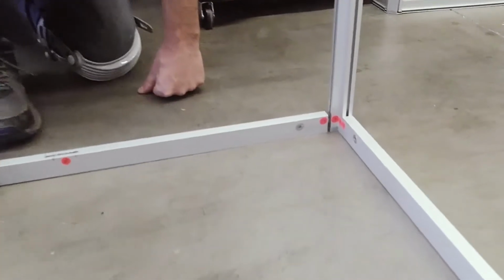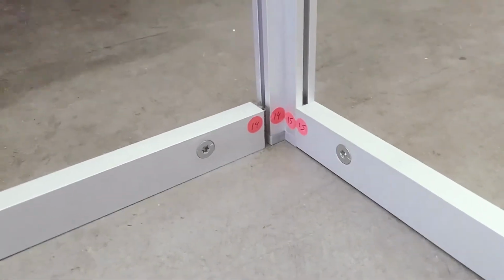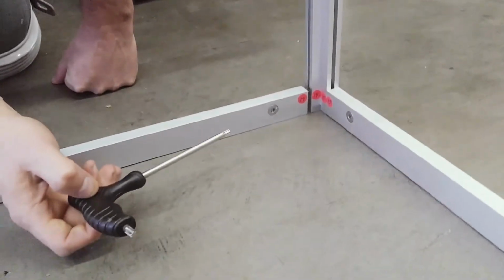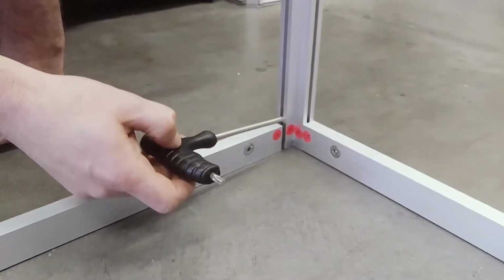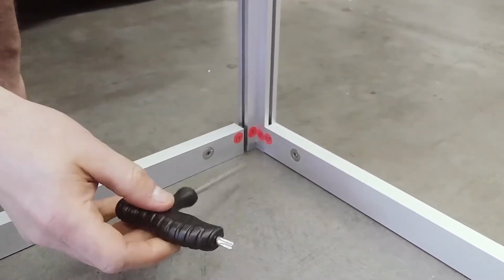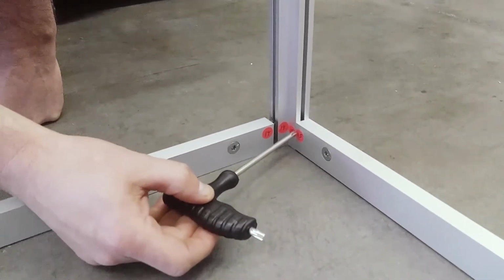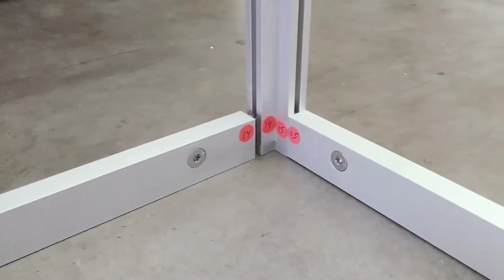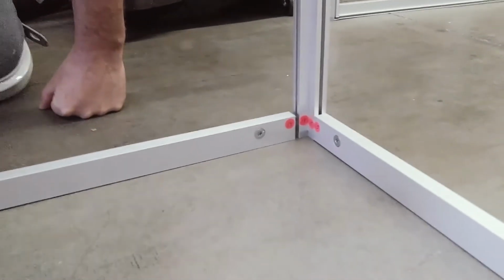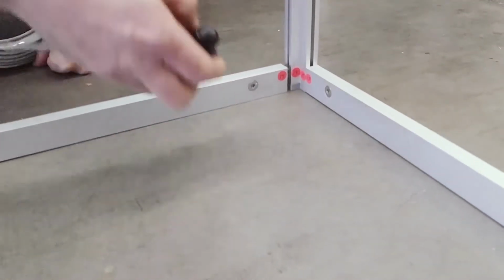We're starting to put the frame together here, and I just want to point out two things. One is that you'll be able to detect the orientation of the bottom of the counter frame, what's the bottom and what's the top, because the numbers will be right side up. If you're finding that all your numbers are upside down, then it probably means that the counter is being put together upside down. The other thing I want to point out is that you just use the star tool